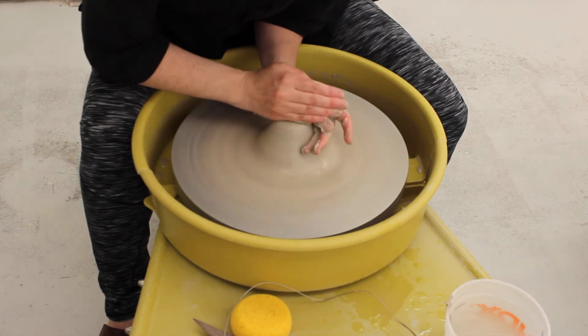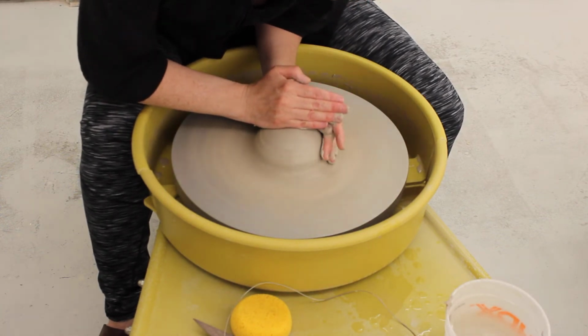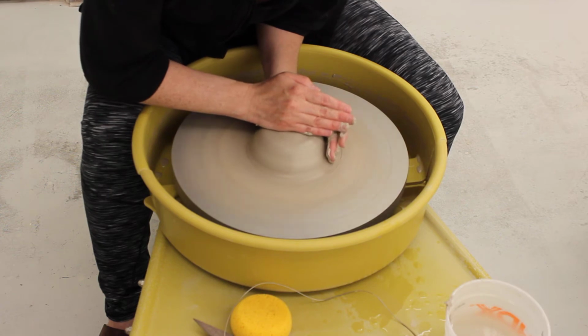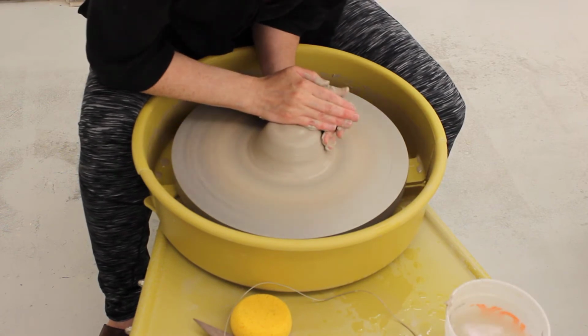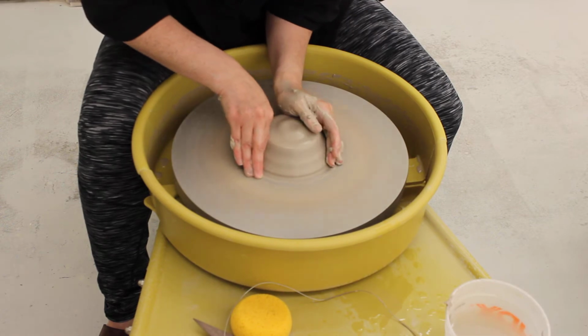Up and down. Up. This could take a few minutes, but this part is very important that you get it completely centered before you go to the next step. If you're not able to center, the next steps will be very difficult to achieve. So once you find that your clay is right in the center,